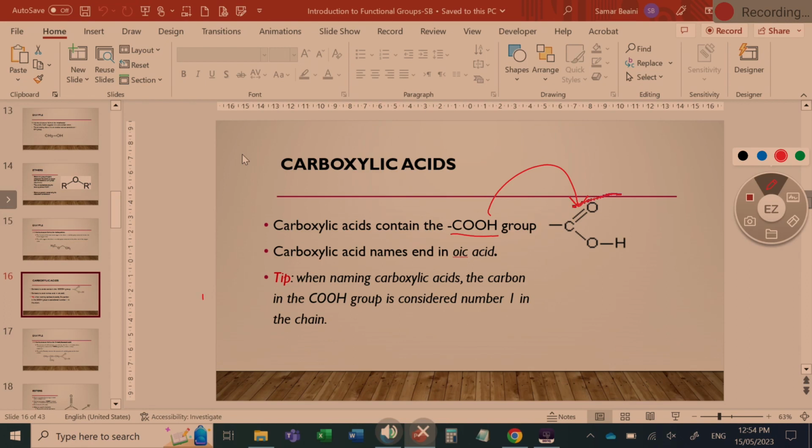Another thing that you need to know, this has a name. Do you know what the name is? It's called the carbonyl group, which is basically the C double bond O. You're going to see it in other functional groups as well. Okay? So, if I have this molecule,